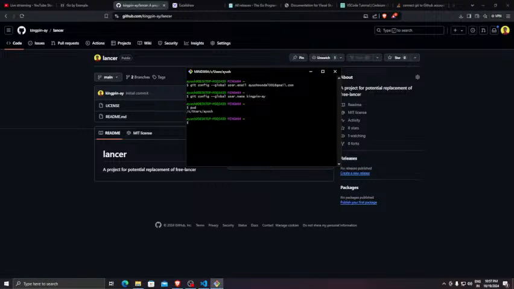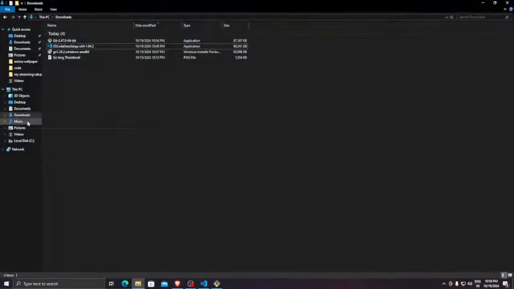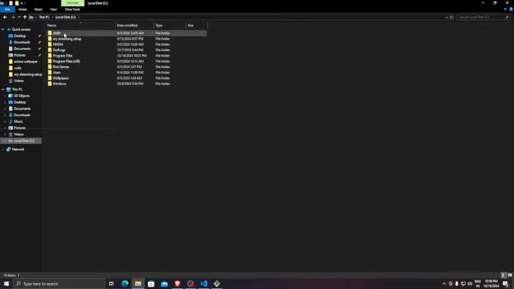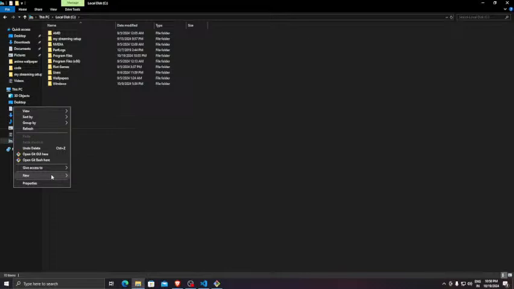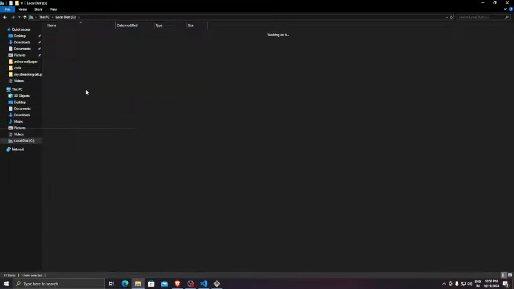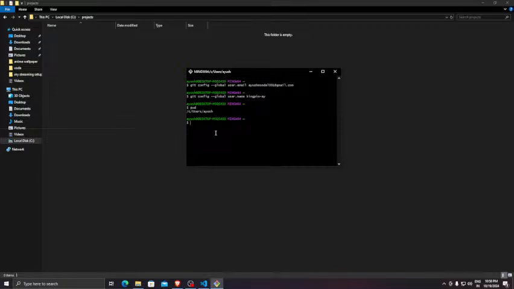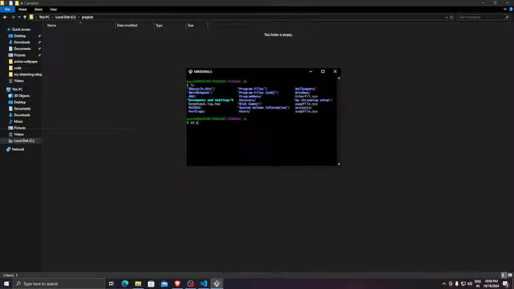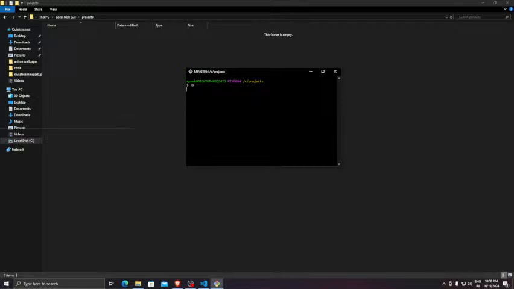pwd. Okay, I need to create one folder, right? Do I have one? I actually don't. Okay, let's create one. Projects. Yeah, let's navigate to this. cd ../.. should be around C. Yeah, cd projects, ls, and if I do git clone,